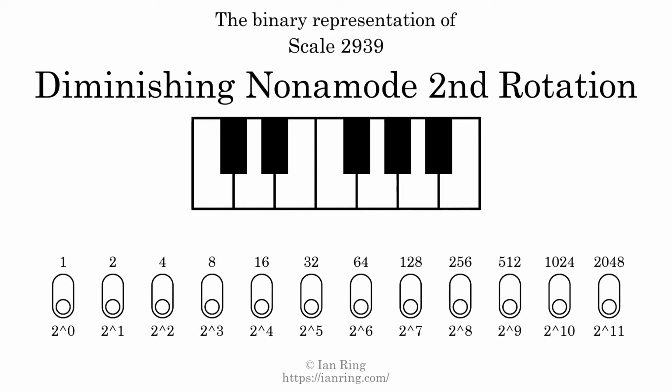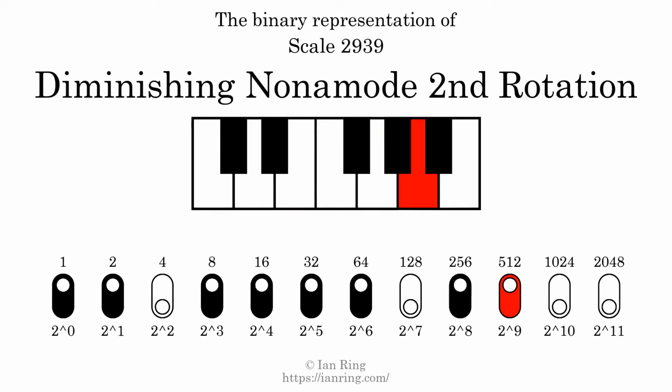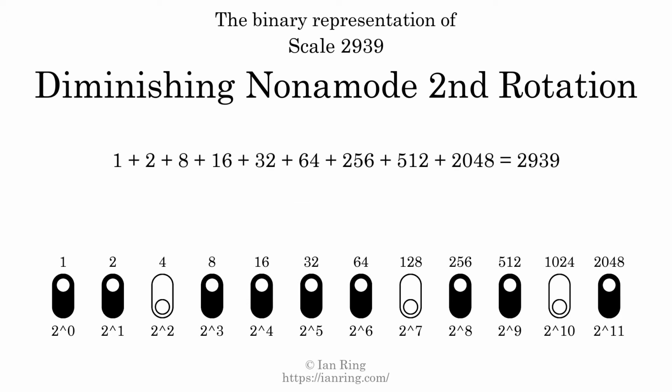The binary representation of this scale is determined by mapping tones of the scale to binary digits. Each binary digit represents a power of 2. To get the scale number, we add the powers of 2 together. The powers of 2 that are present in the scale, all added together, equals 2939. That is why the scale number, in decimal, is